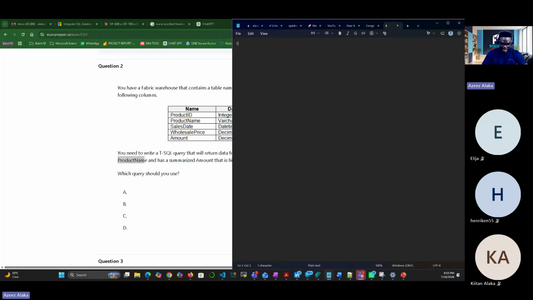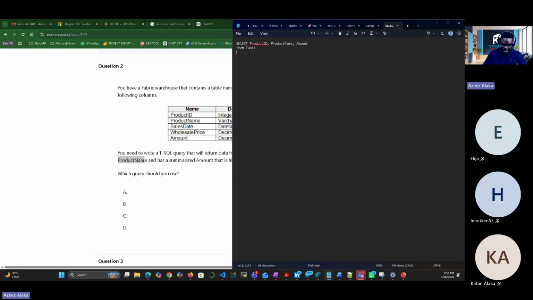So it is SELECT product ID, comma, product name, comma, now it said amount, so let's just put amount, from the table name. What's the table name? Let's say table.